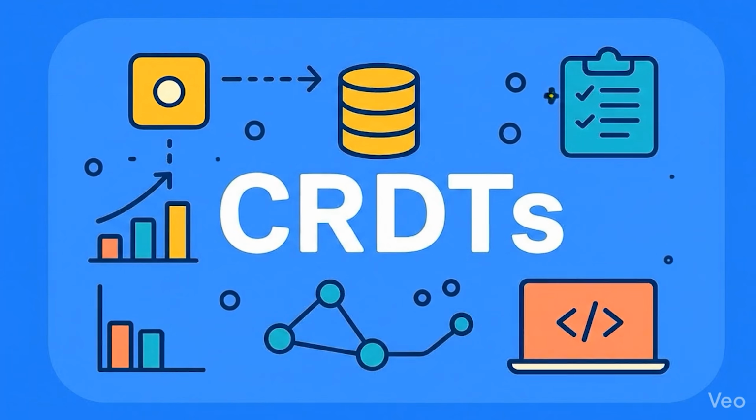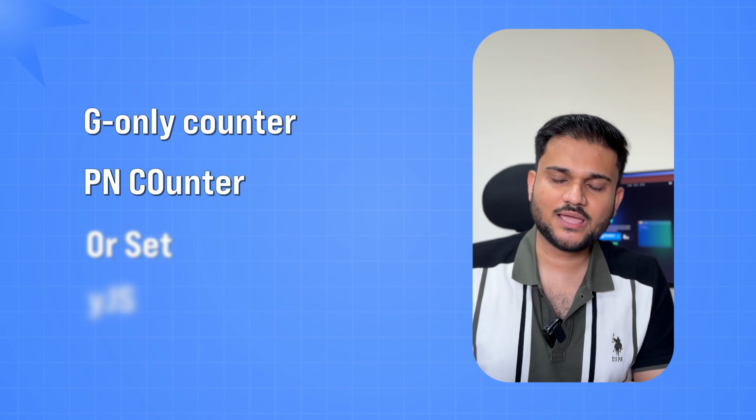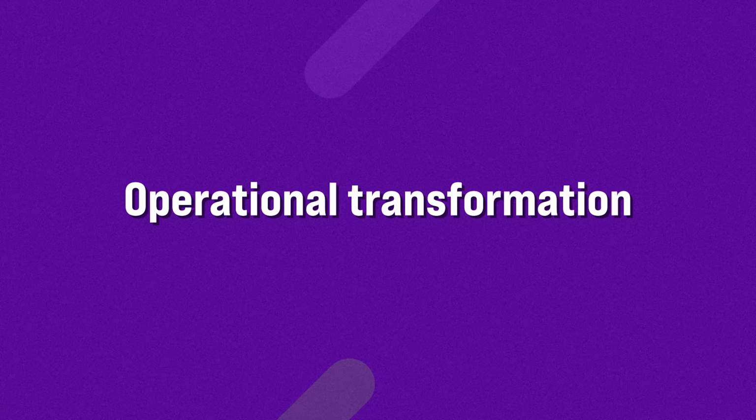We'll try to understand what is CRDT, why do you need a conflict-free replication data type, what are the different types of CRDT, and how CRDT can be used in order to make a Google Docs like application. We'll see the alternative of CRDT as well, which is operational transformation. So all of these are very deep backend engineering concepts.